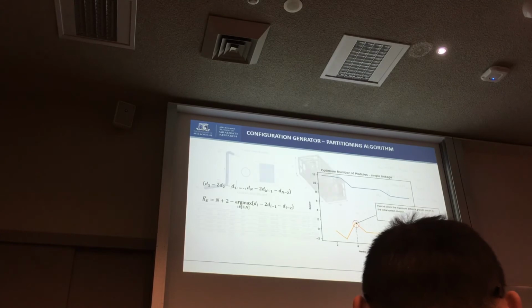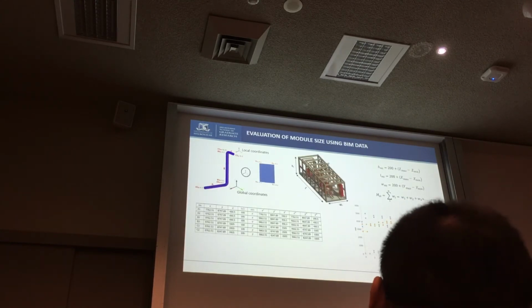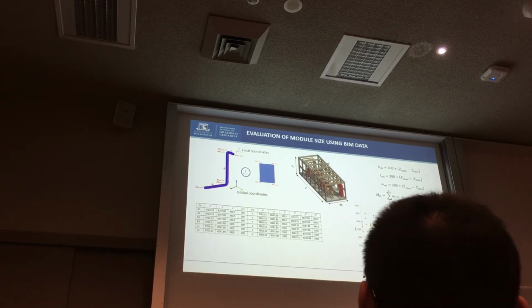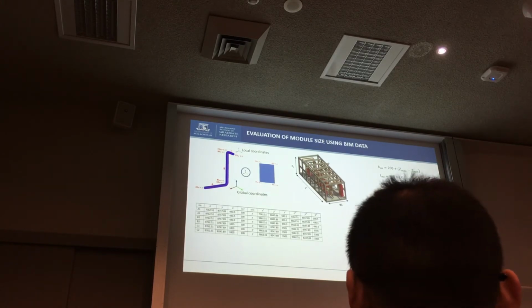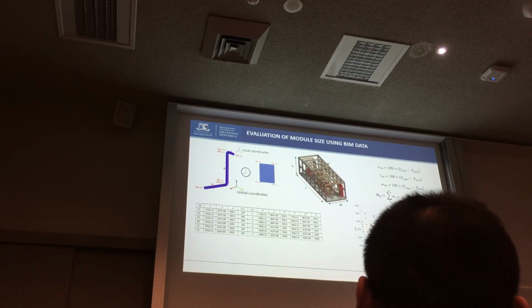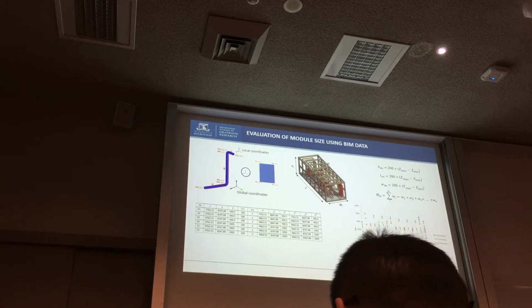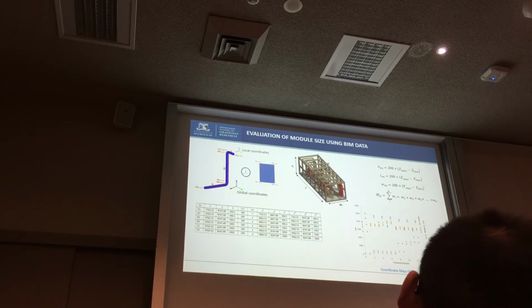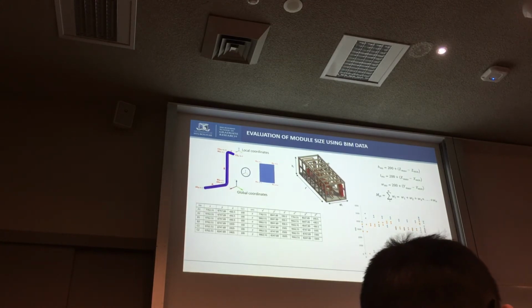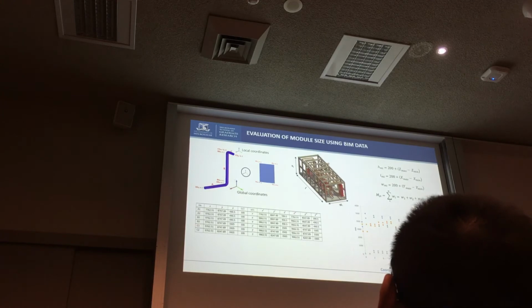with the component arrangement. So once a configuration is generated using this algorithm, it uses the BIM database, which was created in the initial stage, to create a coordinate map. So the coordinates of every single component in each module are mapped to identify the height, width, and length of a module, and also the size of a module. Once this is identified, it is then checked against the on-site constraints. And then the modules that do not meet the on-site constraints are reintroduced to the algorithm for further clustering.